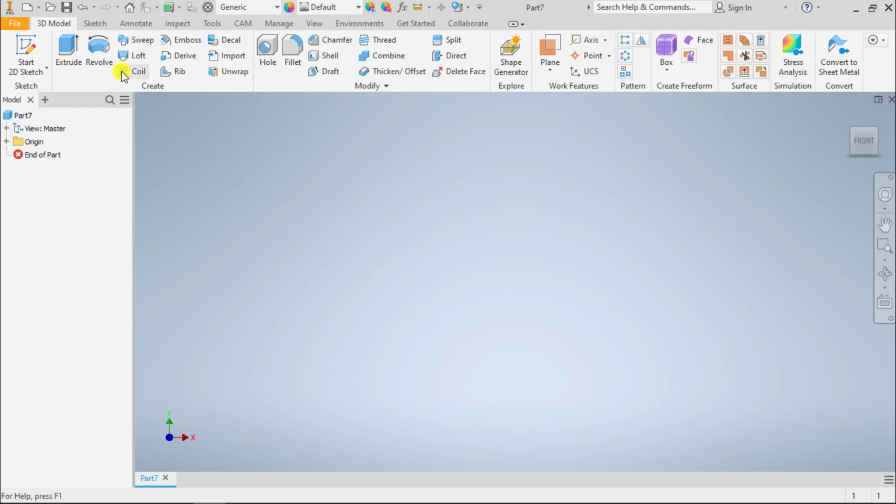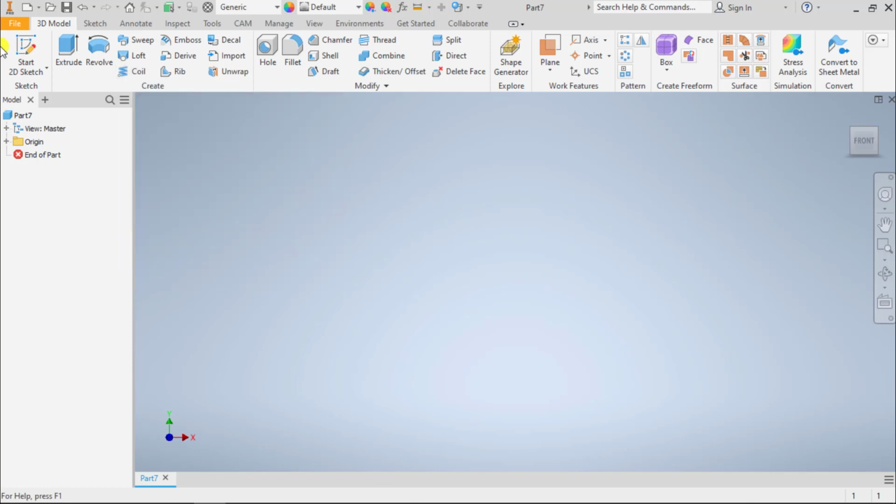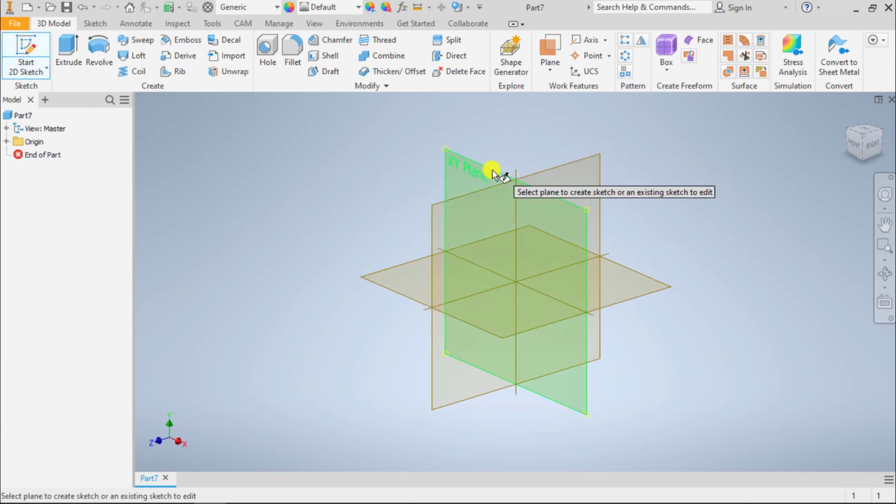Welcome back. In this tutorial, we're going to cover the coil feature. Inventor tells us that coil creates a helical coil, spring, or thread feature. A spring is obviously a helical feature, a coil. Threads on the inside of a nut or on the outside of a bolt would also count as being created with a coil. So things we're going to need to create a coil, we need a